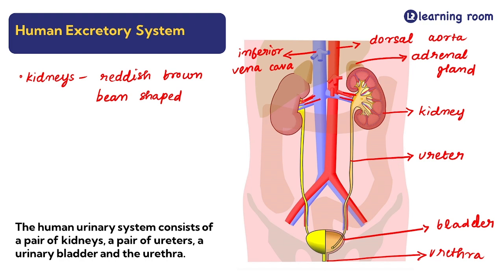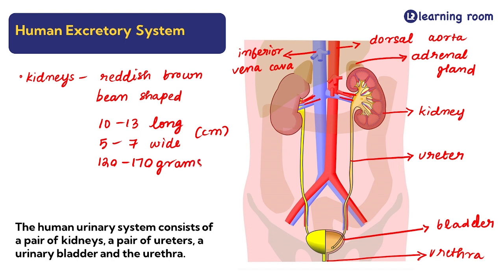And the average size and weight of the human kidney is 10 to 13 centimeters long, 5 to 7 centimeters wide, and 120 to 170 grams in weight. The kidneys lie just above the waistline, and the left kidney lies slightly higher than the right kidney. As you can see in the image here,